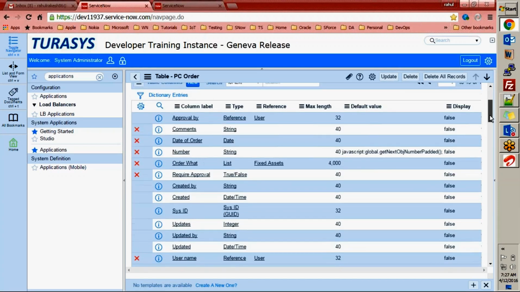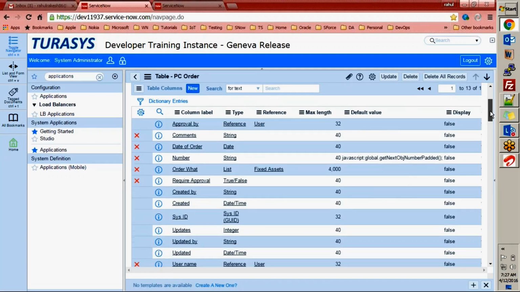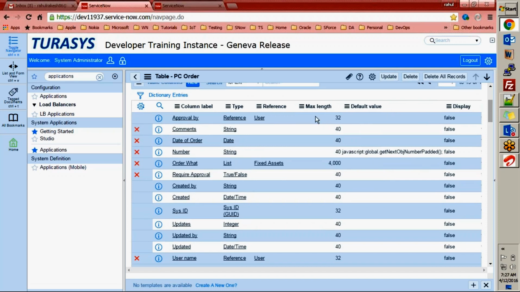Now also, see the data type column, the type column here. So this is how we define the nature of the component that we display on the form. Approval by